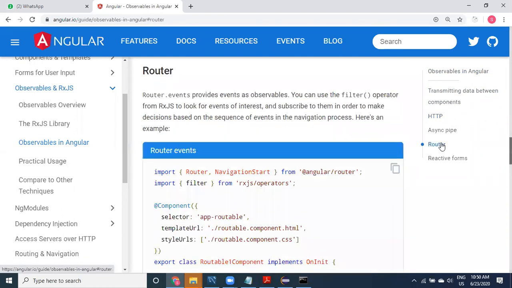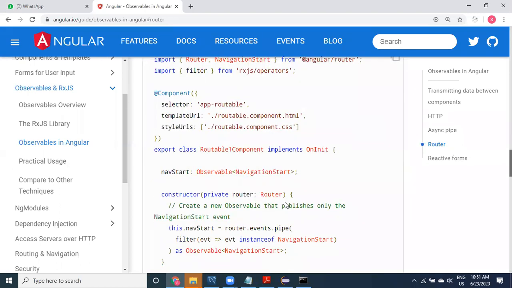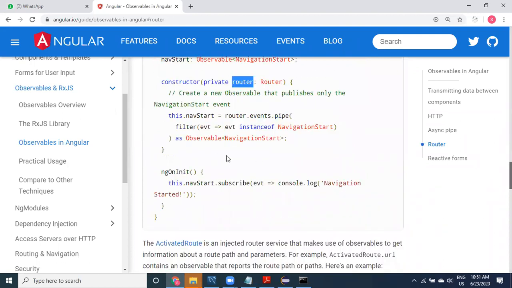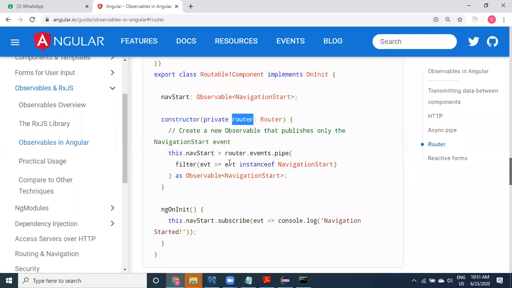Another is router. Whenever we are working with router, to receive the parameters we send, router is going to be helpful. While receiving these, observables are useful.